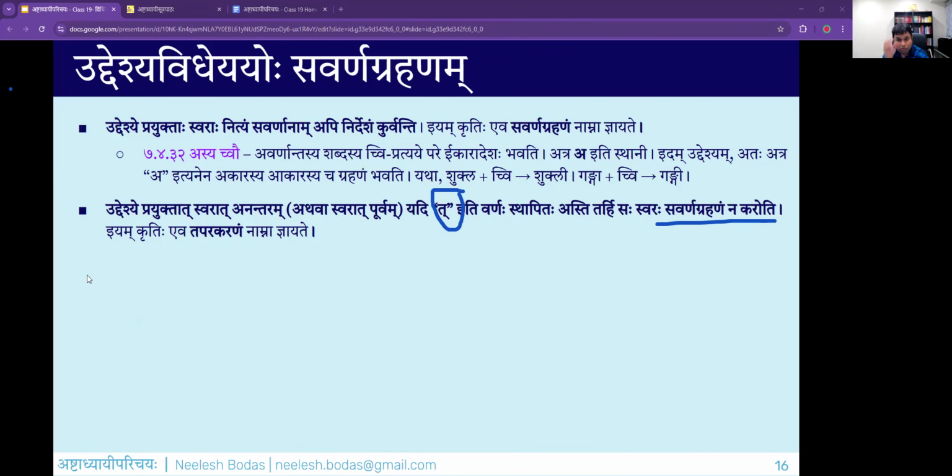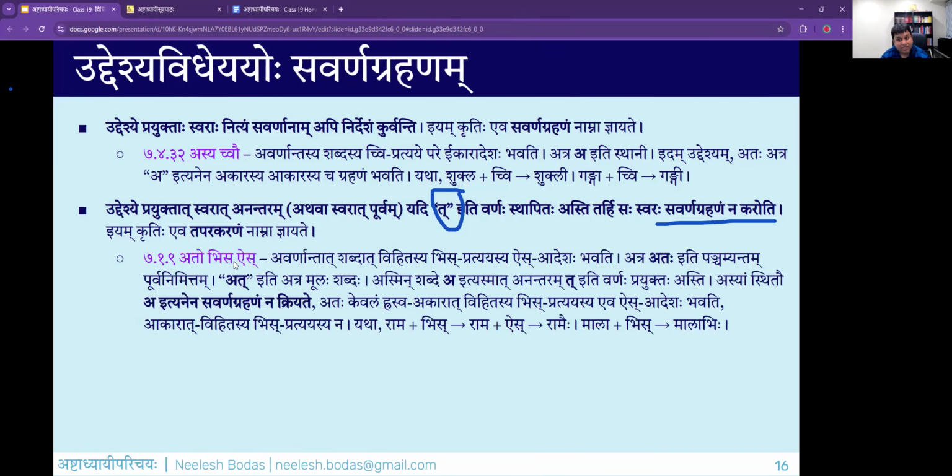If the karya is to be given in the context only of rasva akara, then you cannot use simply a, because simply saying a as an uddesha will indicate akara also, savarna grahanam will happen. So you have to add the small t after that a, and you have to say atta. So what is the difference between atta and a? Atta is only rasva akara, a is rasva and dirgha akara.